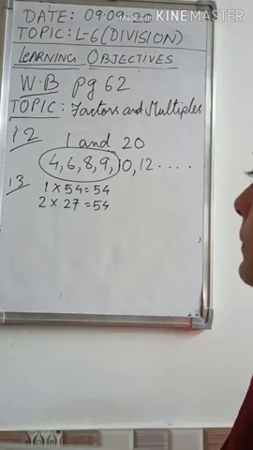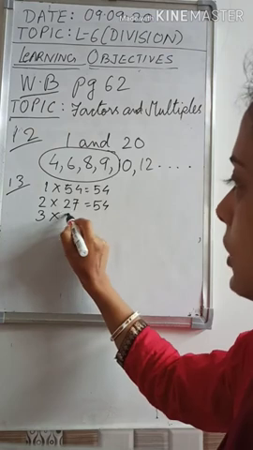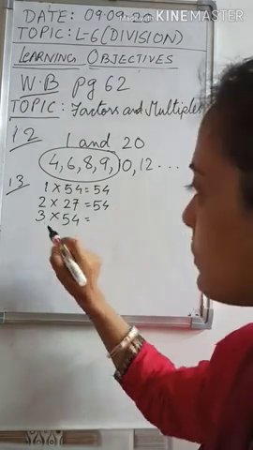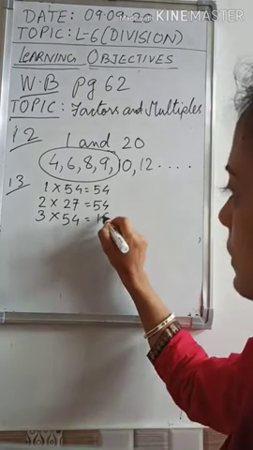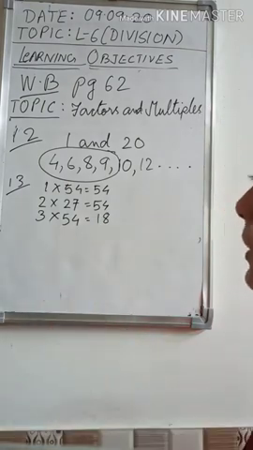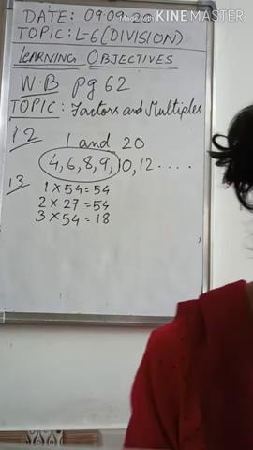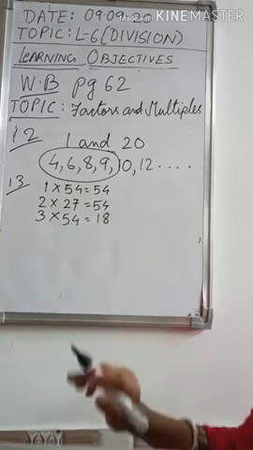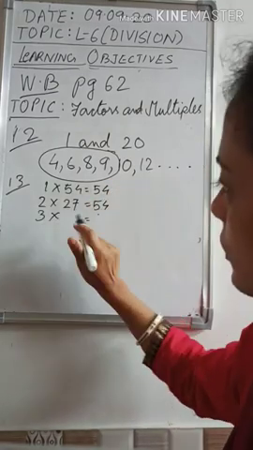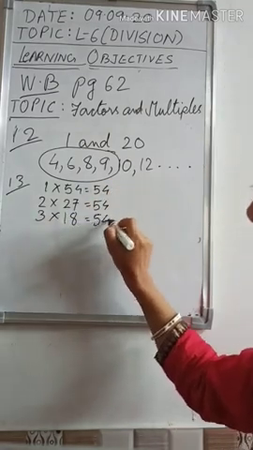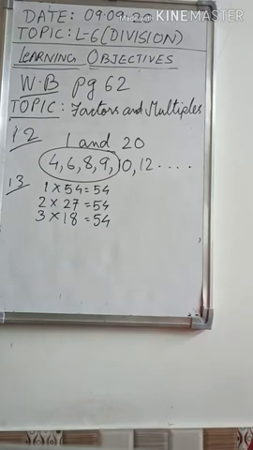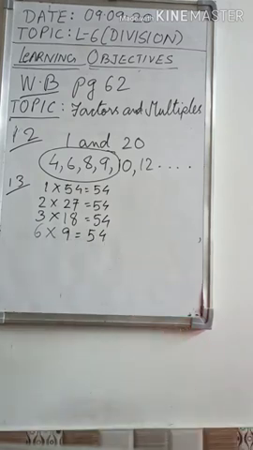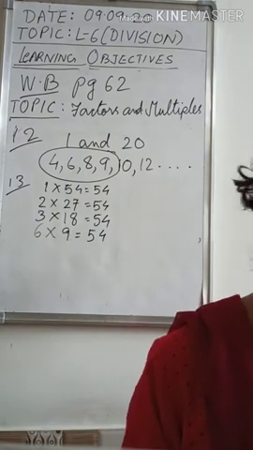In 3's table also we get 54. Use the divisibility rules to know. 54, if you add 5 and 4 you get 9, so it's divisible by 3. 3 18s are 54. In 4's table, no, we don't get it. Then in whose table will we get it? Okay, sorry, here I have written something. It will be 18. 3 18s is 54. After that, in 6's table also we get 54. So you have to use multiplication, so we are doing the multiplication.